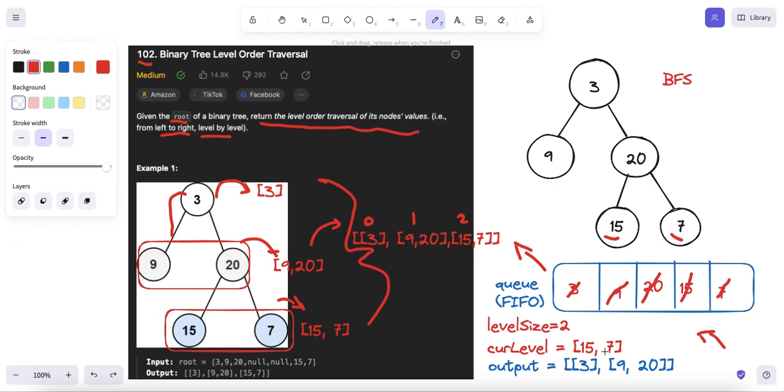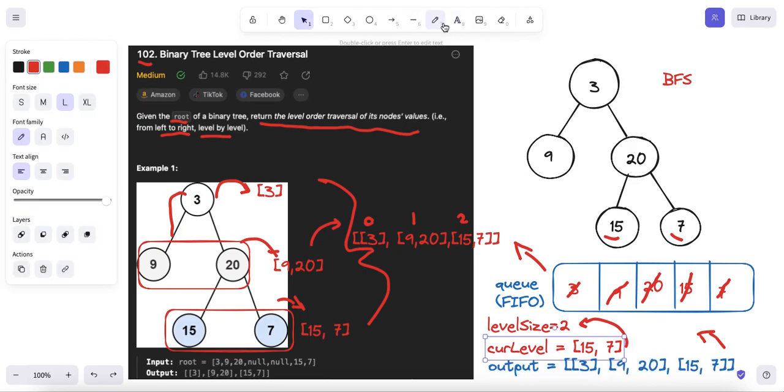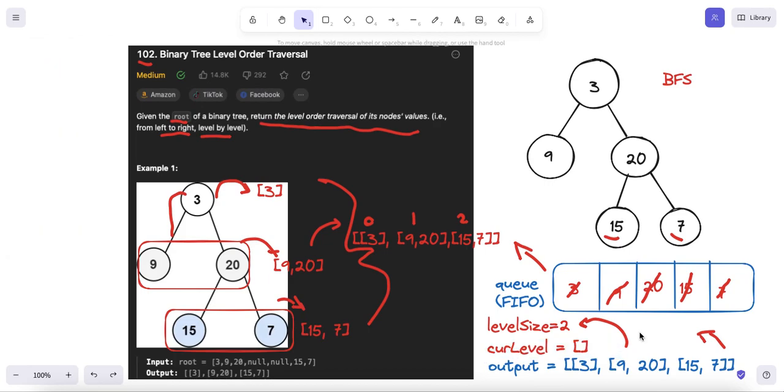Once again, we have reached a current level size of 2, which is identical to the level size predetermined, so we have completed this current level. Therefore, we can add this current level to our output. After this, we can once again empty our current level, and in this case, because we have completed our current